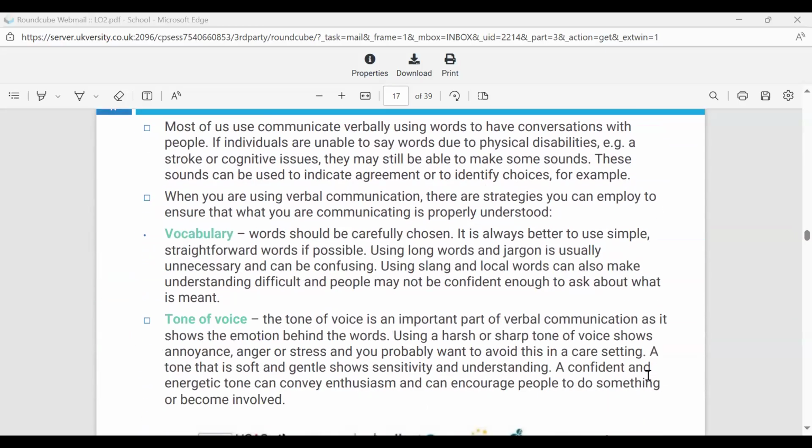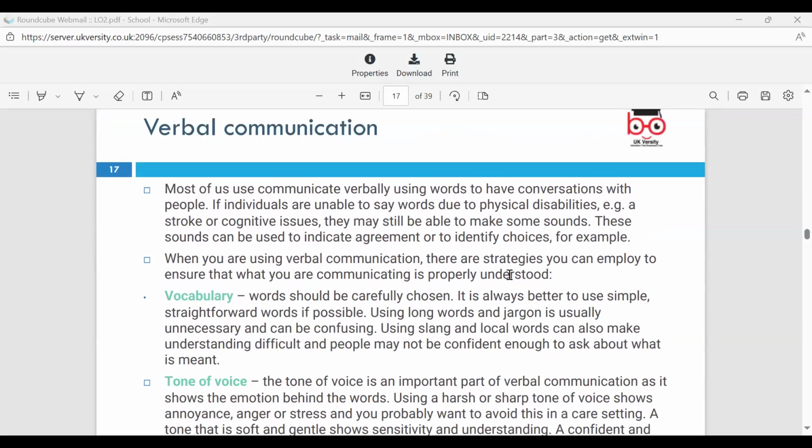The first one is verbal communication, and this is the use of spoken or written words to share information and ideas. It can be your vocabulary, it can be your tone of voice. It encompasses both oral and face-to-face conversations. Strong verbal communication is really important for building trust. Avoid using any slang vocabulary that they don't understand. Your tone of voice: why is your tone of voice so important?